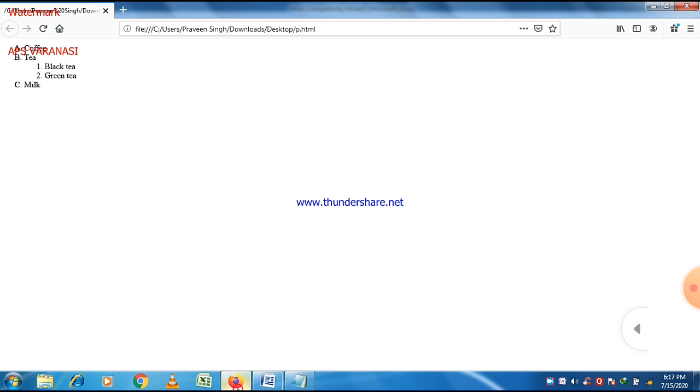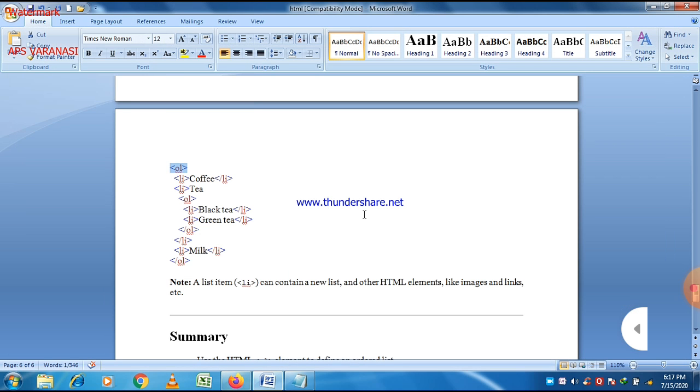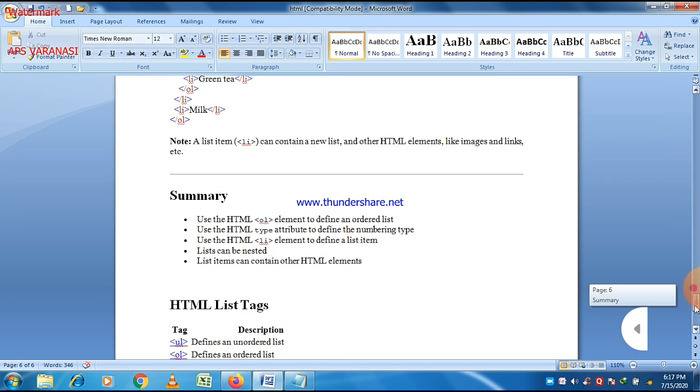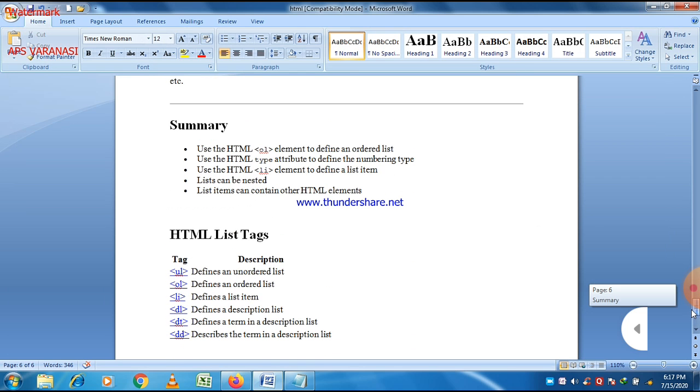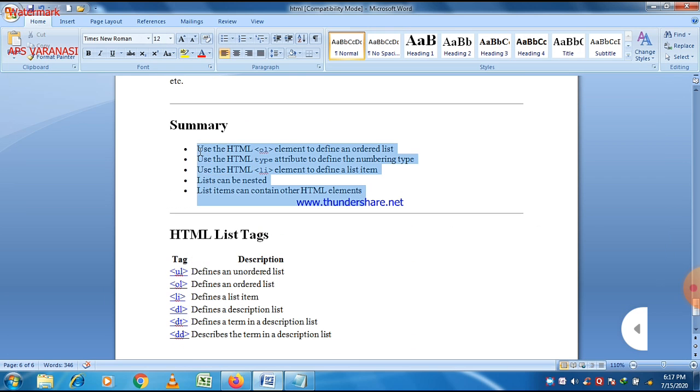Here you can easily see the output of this program. 1 and 2 are the type of the inside list. Counting starts from number here. So this is all about ordered list.